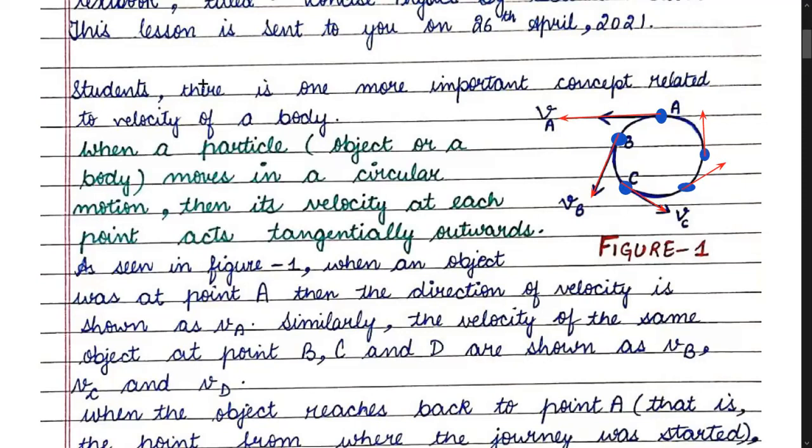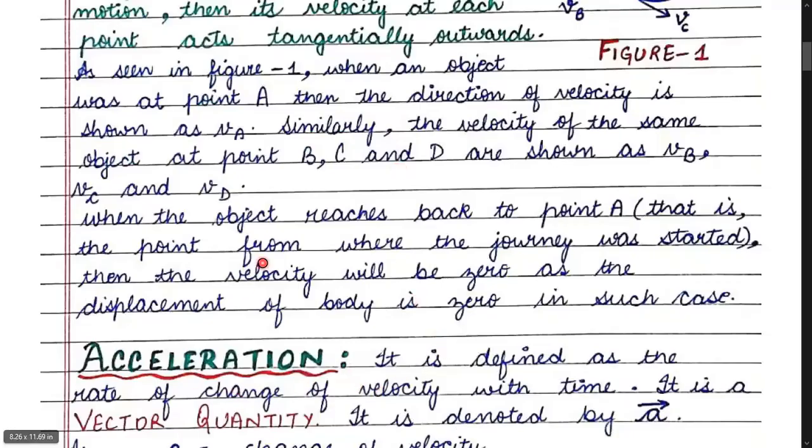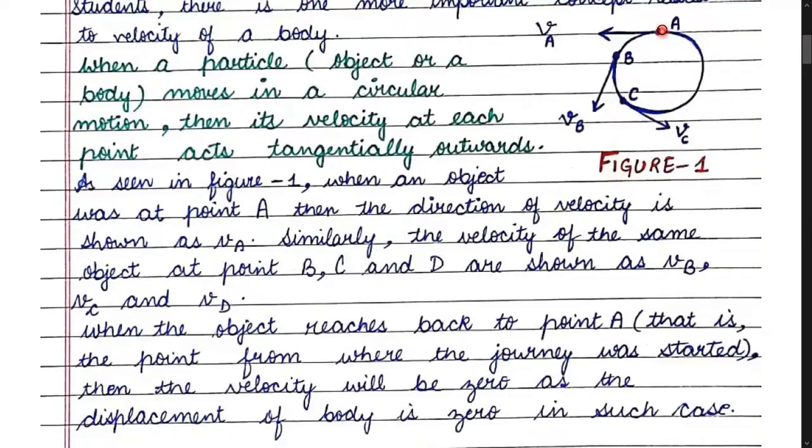Whenever the body is moving in a circular motion, then the velocity at each point acts tangentially but in an outward direction. You can see this as shown in figure number 1. All the velocity vectors are shown with a line acting outward. When the object starts from point A, moves in a circular motion, and reaches back at point A,